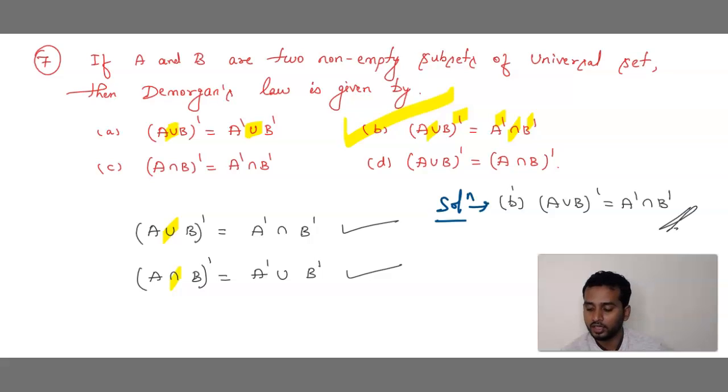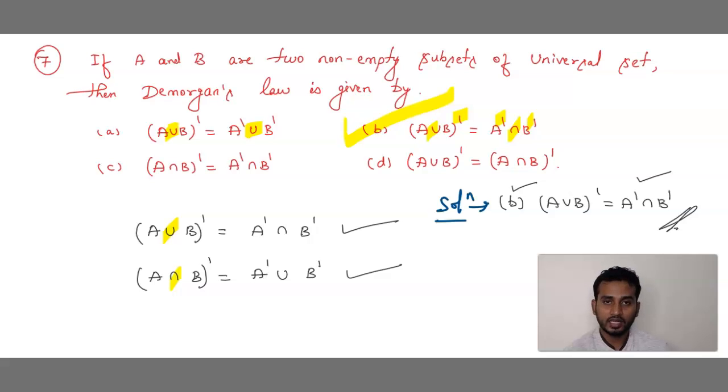You have to write which is the option and what is the answer. Both you have to write in a multiple choice question, that is choose the correct answer. Then only you will get full marks. If you write only the option, you won't get marks. If you write only the answer, then also you won't get marks. You have to write the option as well as the answer with the question number. Then only you will get full marks. I hope you have understood the ways the questions will be asked for this upcoming board